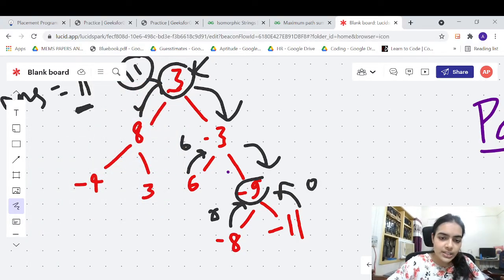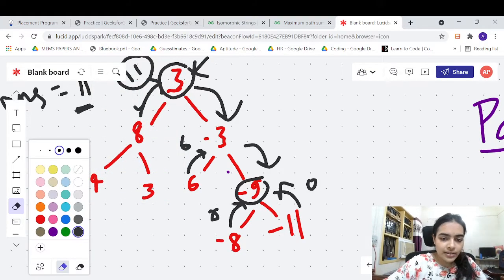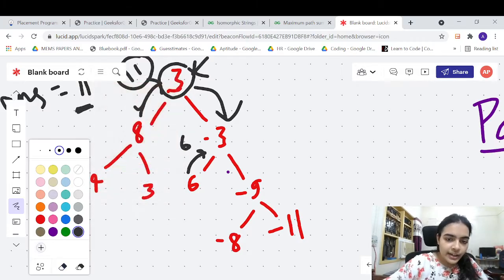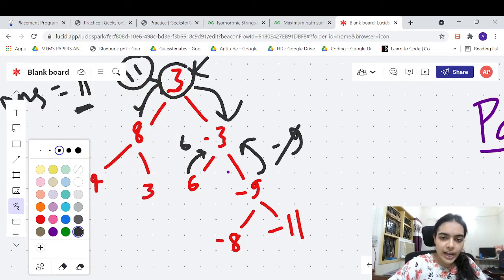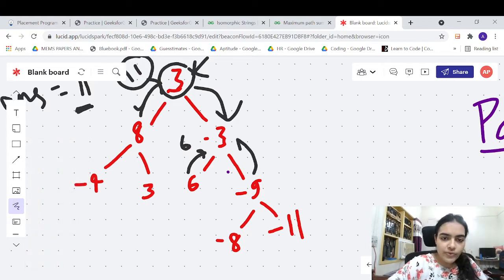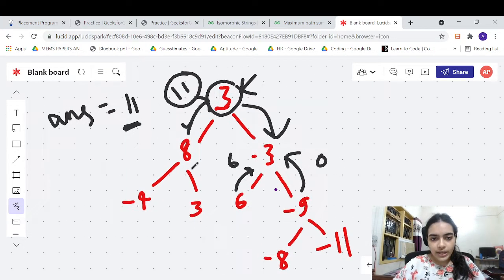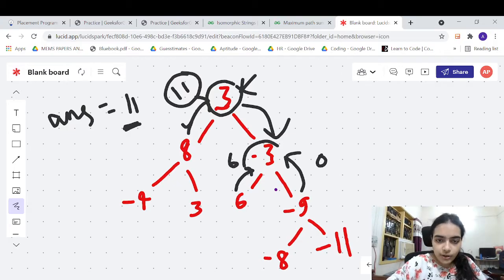Now this is -9. This root has to return back to the parent, right? It can return -9, but it will not help. So instead of returning a negative number, we will return back 0. Whenever a number is negative, we will return 0. Now for this particular root -3, its left is 6, its right is 0.